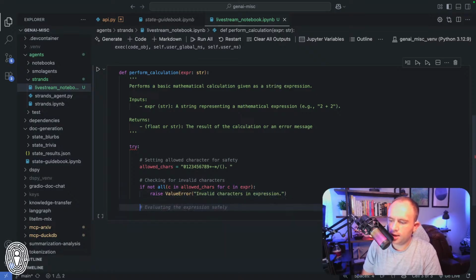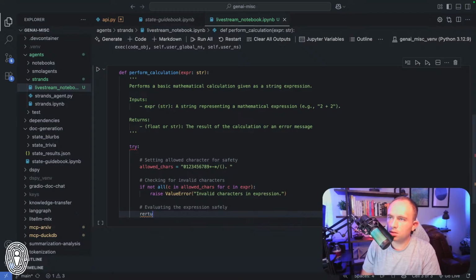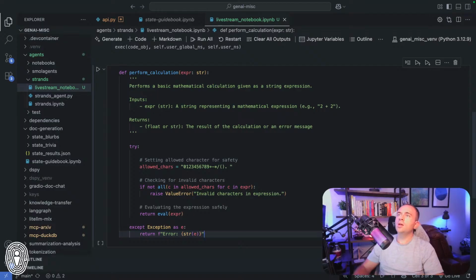And if it's okay, then evaluating the expression safely. So it's going to return eval(expr). And then to handle the except part here, except Exception as e, return error string. Okay, so that is our first tool here.